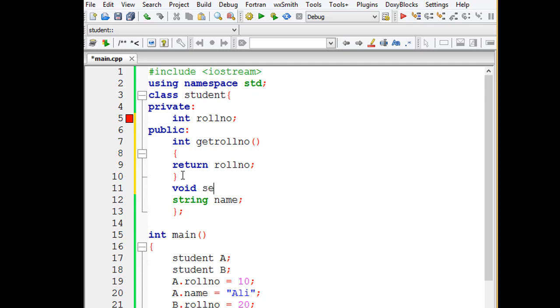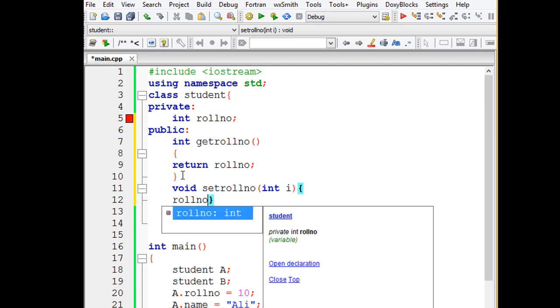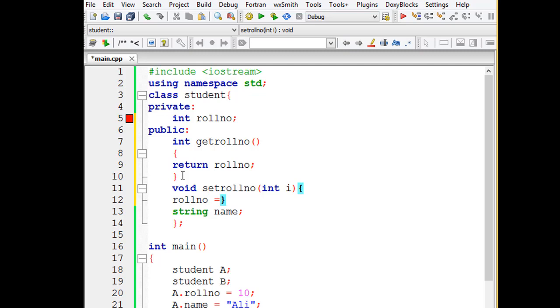So we define setRollNumber and take a parameter of int type, int i, with starting and ending curly braces. Whatever value we pass to i will be assigned to the roll number. So rollNumber, that is a private member, is equal to i.